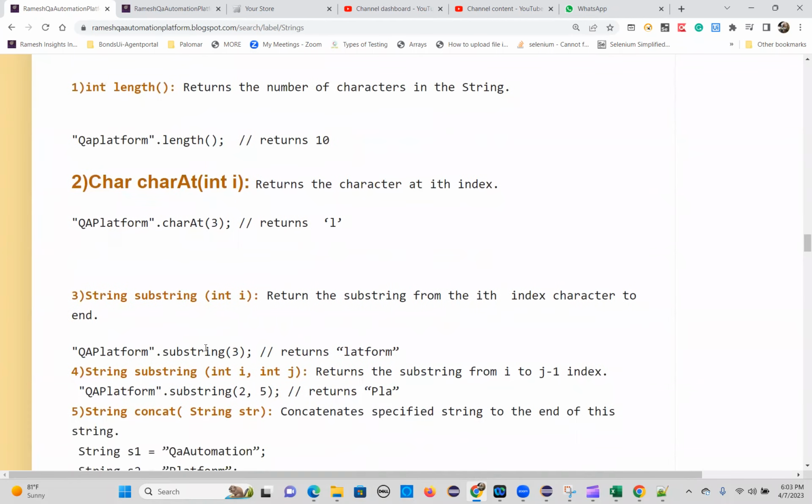The overloaded methods will help you, and you can remember them easily. And also you can give different parameters, and those parameters will help you